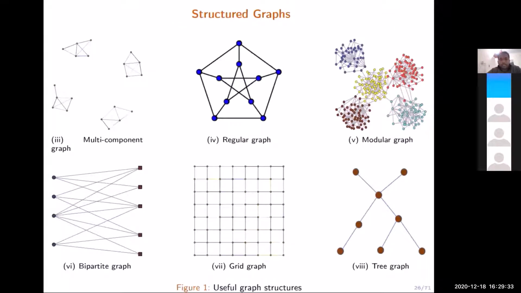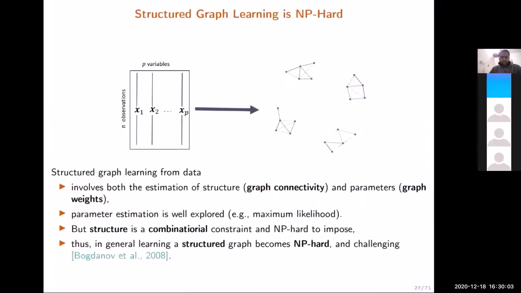What we mean by structures are things like multiple component graphs. Different applications require different structure. If you want to design a communication efficient architecture, then a regular graph is the required structure. If you want to analyze a social network, then a modular graph is the structure. Similarly, these structures are important. For certain applications, we know that a particular graph structure will be useful. But learning a graph with that structure was not possible. And why is that the case? Because we want, given data, to directly learn a graph with a certain structure.